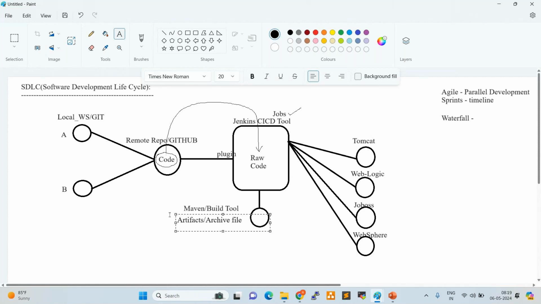Whatever code is developed by developers will be pushed to the GitHub remote repository. From GitHub, Jenkins will take the raw code and hand it over to Maven, right? So Maven generates the artifact. So how will it generate the artifact? For example,